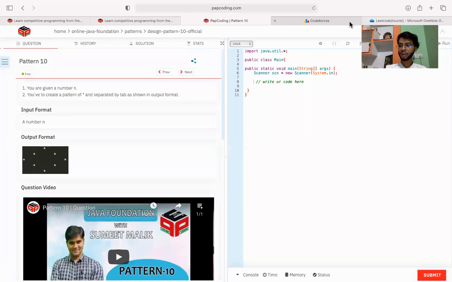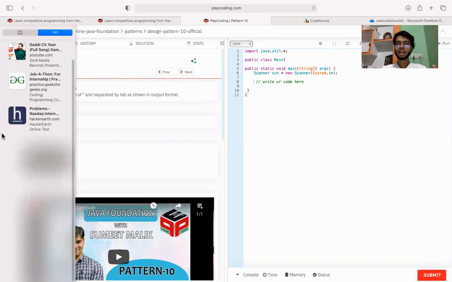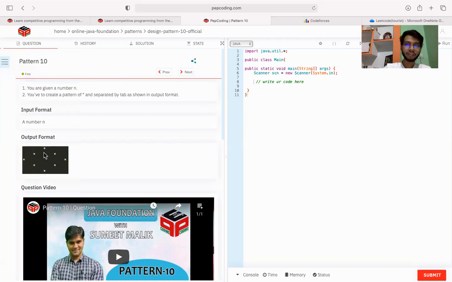So, hey everyone, today we are going to discuss a problem and the name of the problem is pattern 10. What we need to do in this problem is, we are given an input n and for that n we need to print a pattern like a hollow diamond. From here you can visualize a simple test case where the value of n is 5 and for that n we are printing a hollow diamond,